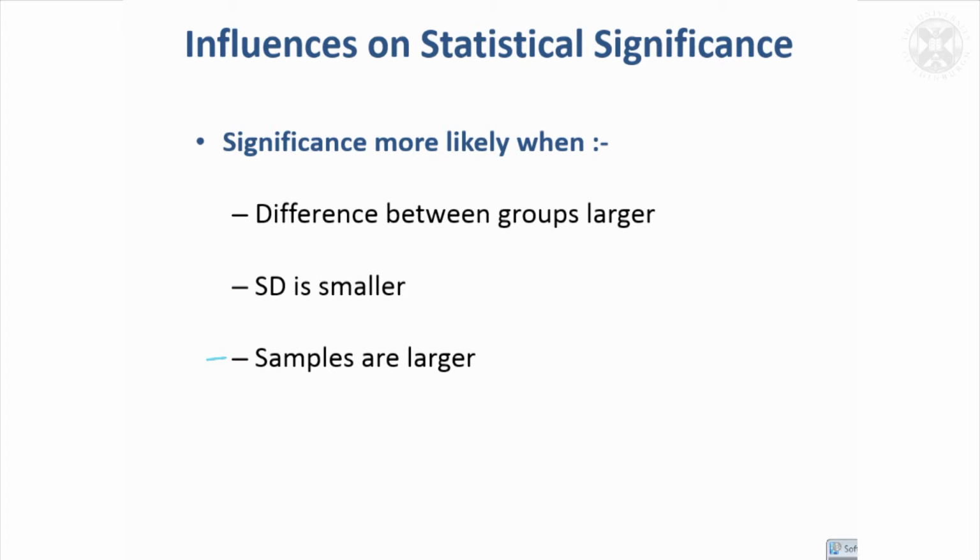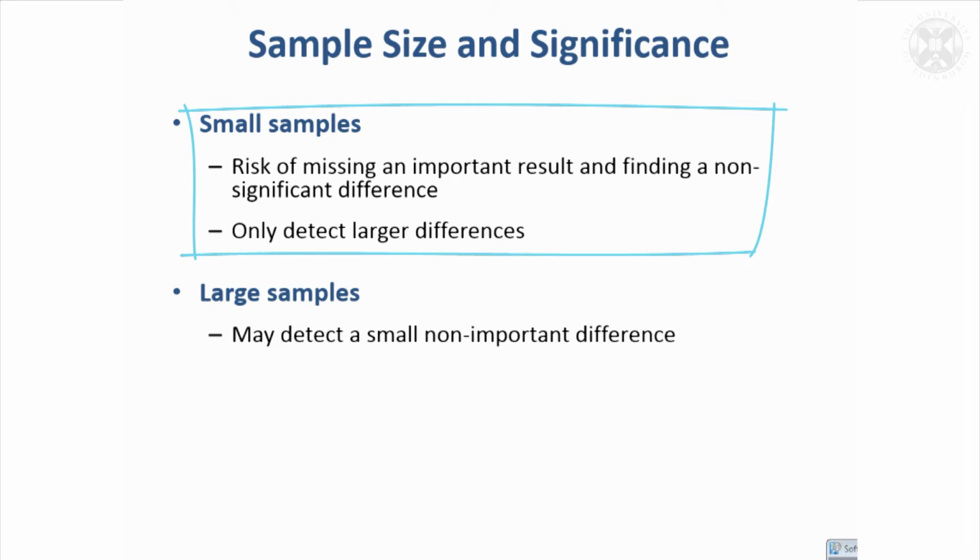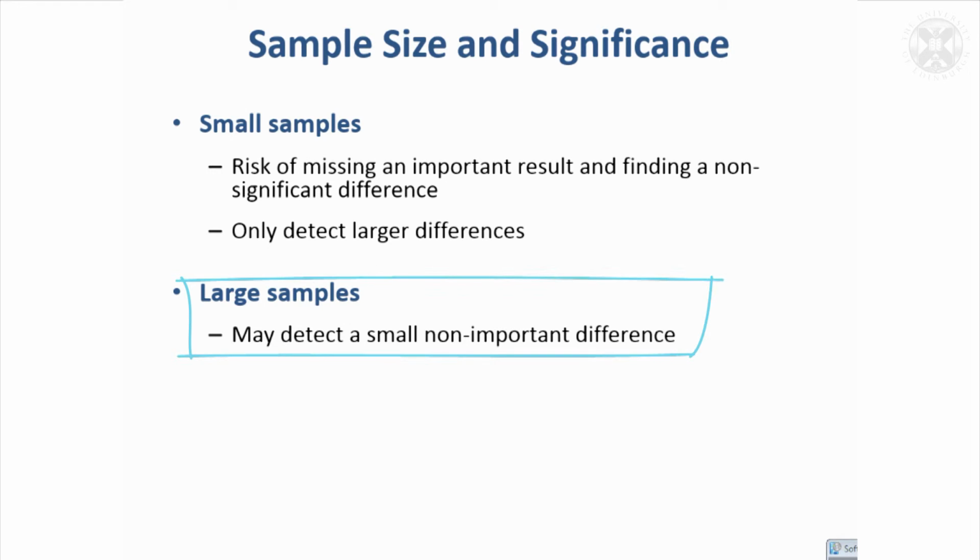And even if you've got high variability, if you've got a really large sample, then you still might get statistical significance. So the bigger the sample, the more likely you are to detect a difference. In fact, that's more or less what I've said. Small sample, you might not get a significant difference and there's a risk of missing an important result. Large sample, conversely, you might get a significant difference, but it might not be very important to you from the